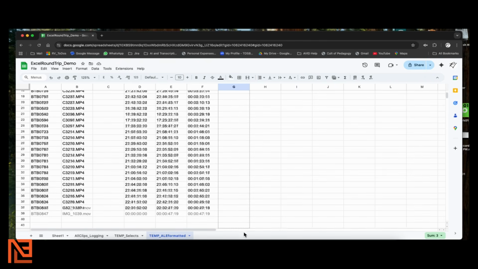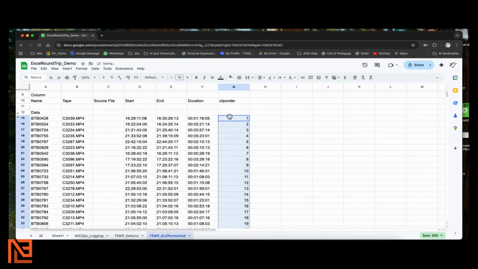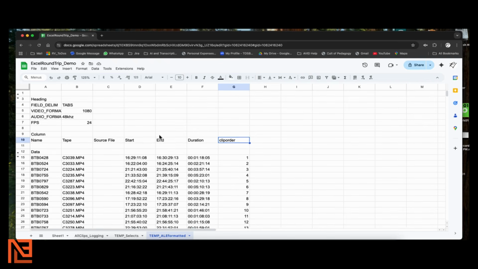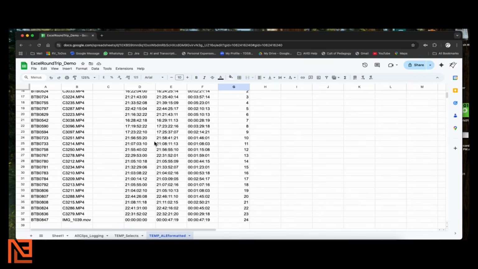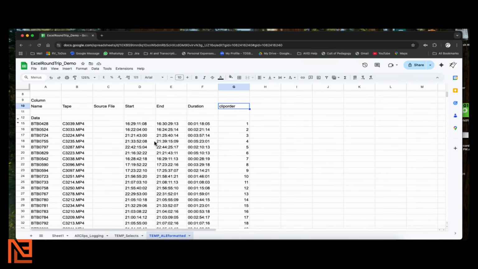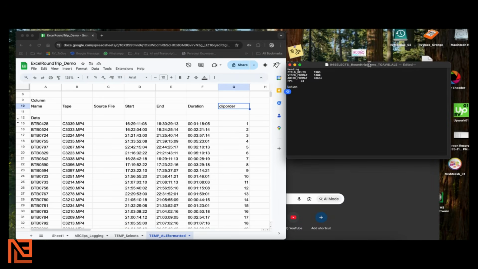So I'm going to add one more column, which I'll call clip order. This is a new piece of metadata, clip order, which will also go into our bin. We may as well have that too. And now, since this already conforms to the rules of an Avid Log Exchange file, it's possible to link it back to Avid. So I'm just going to pull in a blank